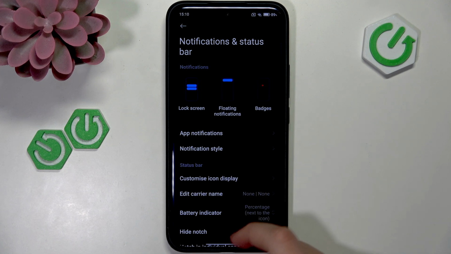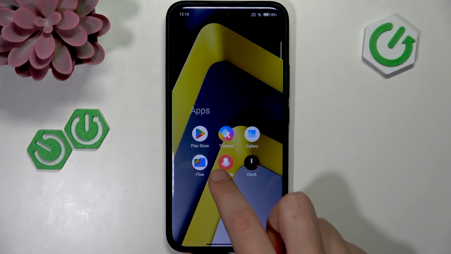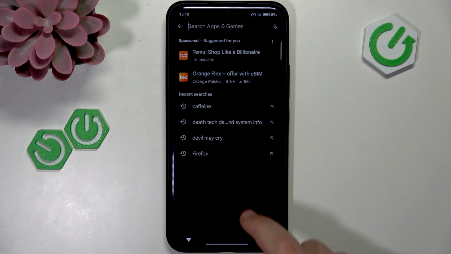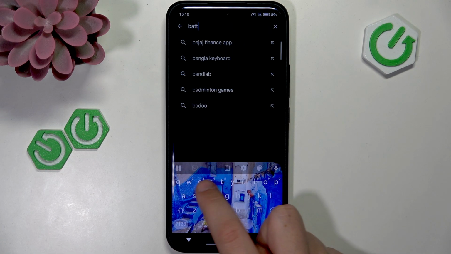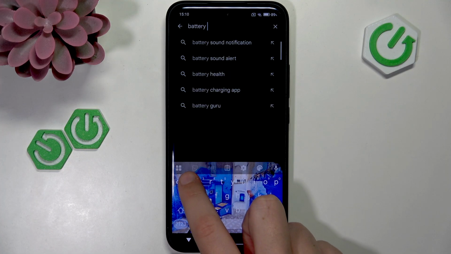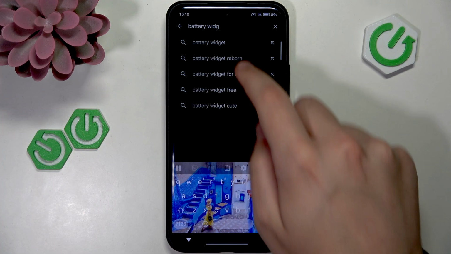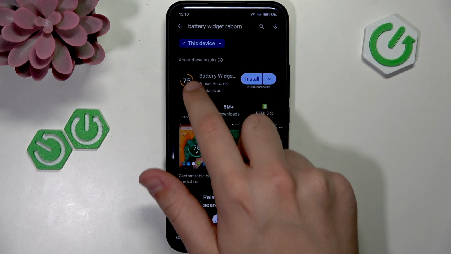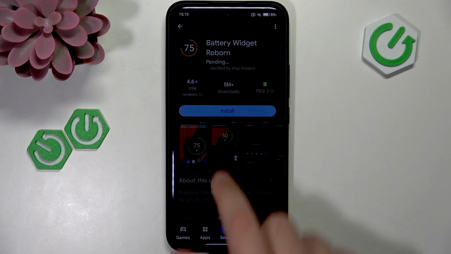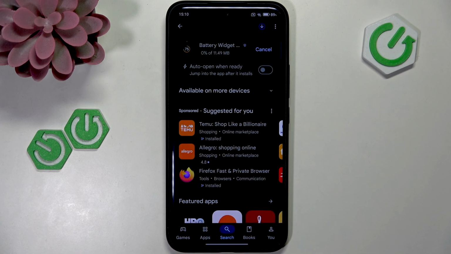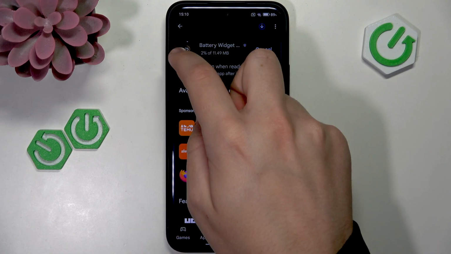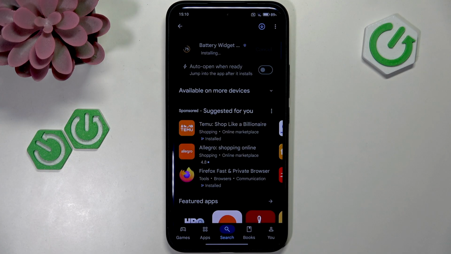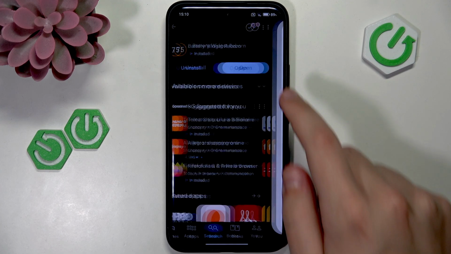So we can go over to the Play Store, and here search for Battery Now Widget Reborn. This is the app by Thomas Hubalik. We want to click on it and install it. It's installing now. It's only 11 megabytes, so it's really nothing. And then what you guys want to do is click open,